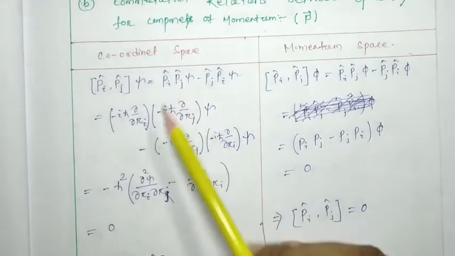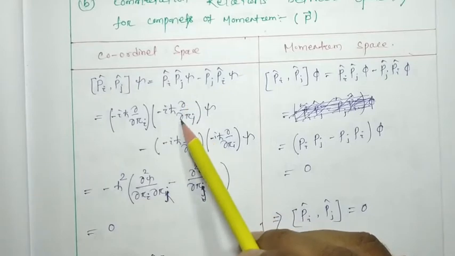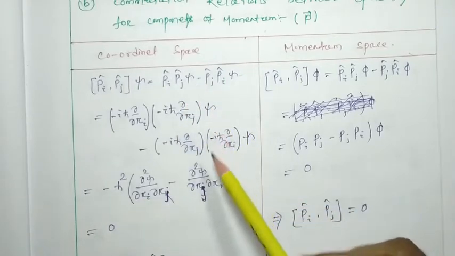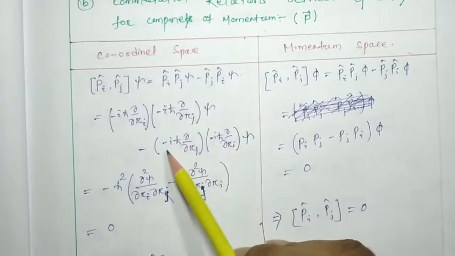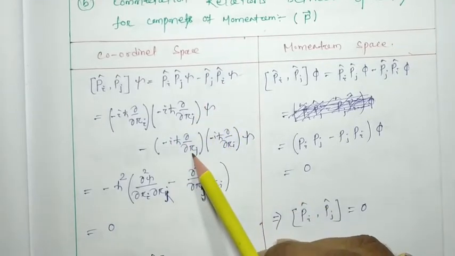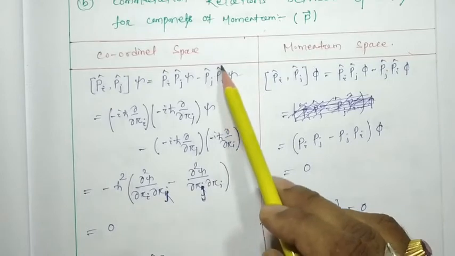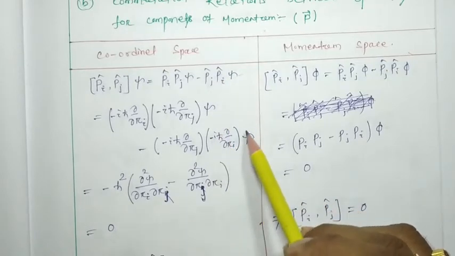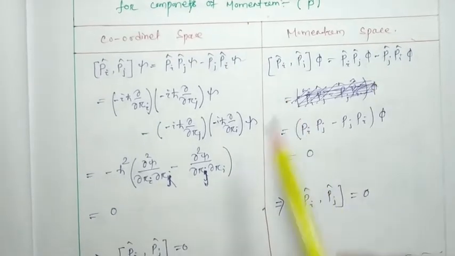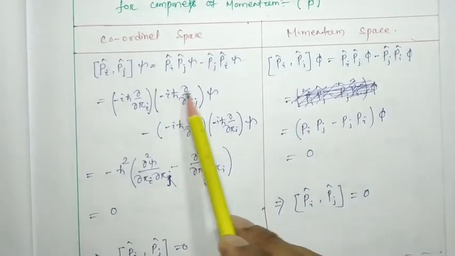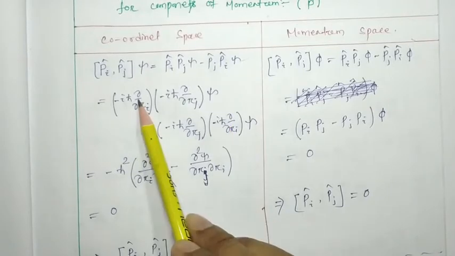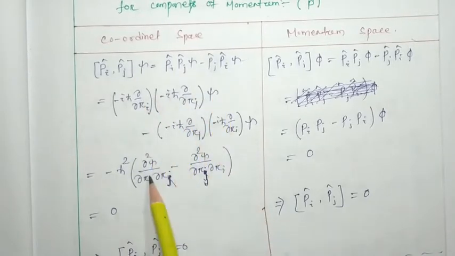Likewise pj value will be minus i h cross del by del rj psi, minus pj value, minus i h cross del by del rj, into pi, which is minus i h cross del by del ri psi. So if I operate this one, and whatever result I get, and if I operate this one, then whatever answer I get,